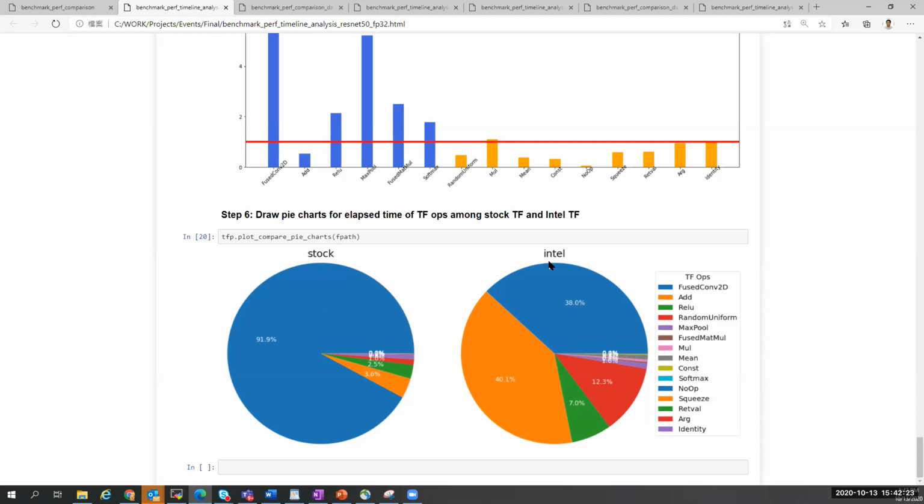But with Intel TensorFlow, you can actually identify the first hotspot is the add operation. It took 40% of your time. So that means if you switch to Intel TensorFlow, your hotspot is no longer fused convolution 2D. Actually, you need to look into the add operation. We also understand from the previous bar chart that for the add operation, we have some slowdown. So combining this pie chart and the previous bar chart, you can understand the add operation is